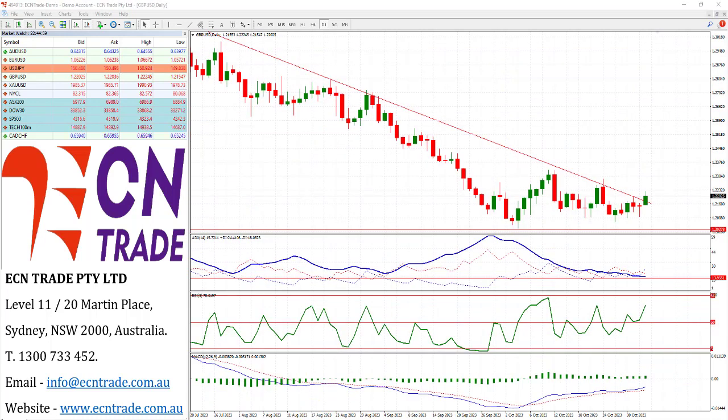The show of strength for the British pound came through after the Bank of England kept rates on hold at 5.25%. In light of that, the market has cleared the downtrend and therefore could put further scope towards the upside and look towards the region now at 122.80 or on to 123. I like the way this pattern has firmed up, especially with the RSI marrying up with the MACD, does support